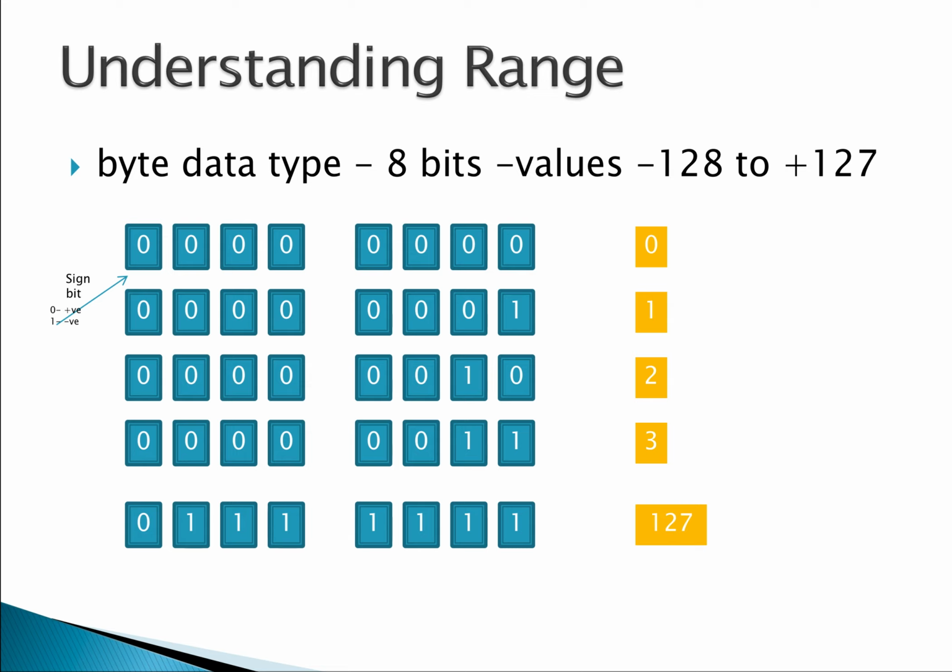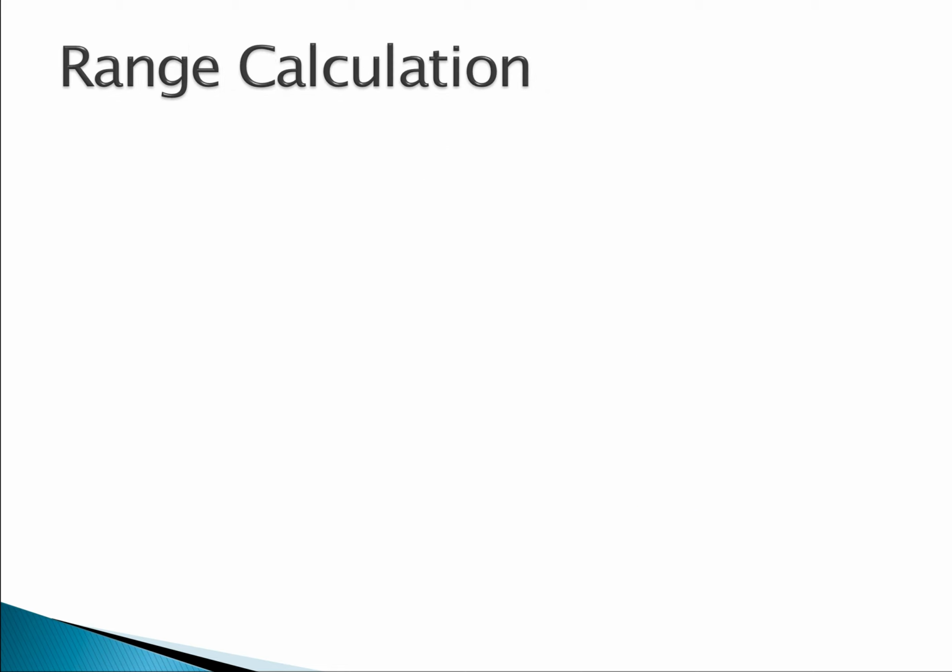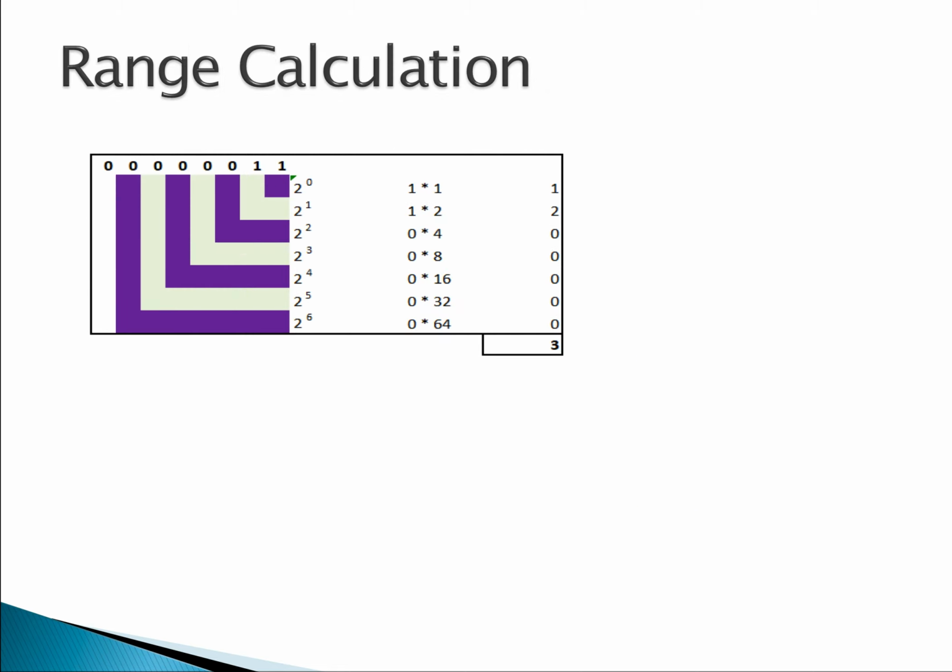You can go through like this and find it out, but there is an easier way to do that. Let's see how we can convert a binary into a decimal. So this is how you convert binary into decimal. Take the number and multiply with 2 power its position. The first one is going to be 0th position, 1st position, 2nd position, like that. So multiply the 1 with 2 power 0, the second one with 2 power 1,